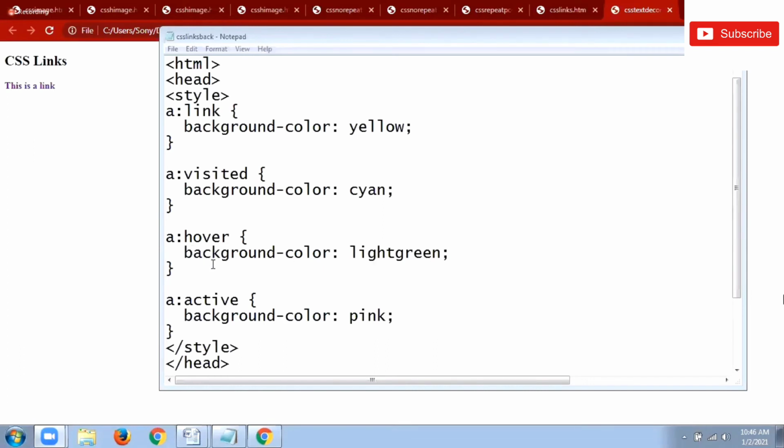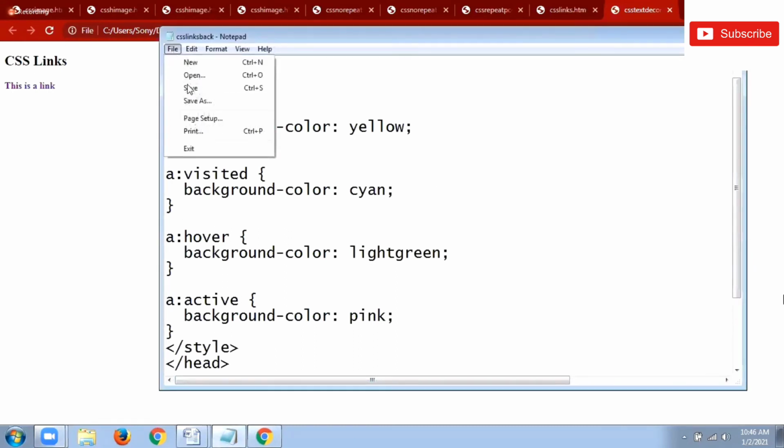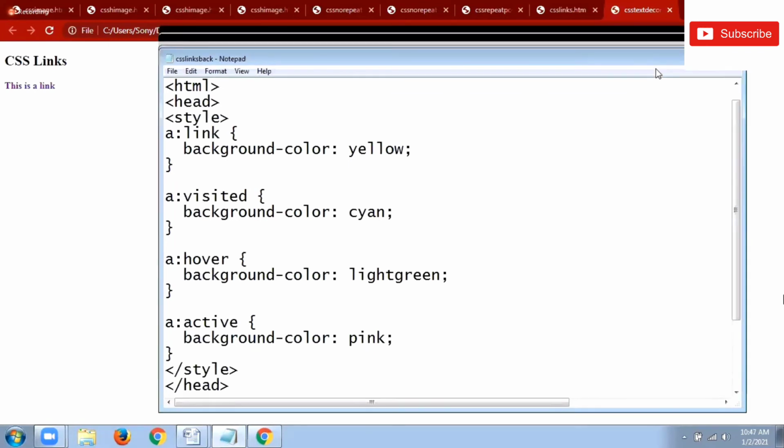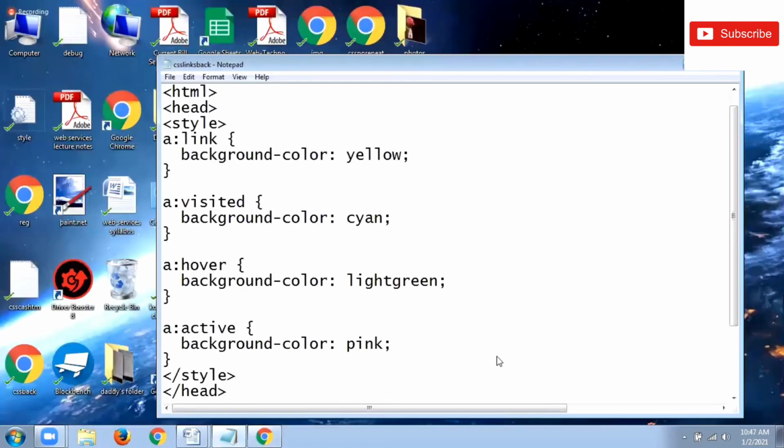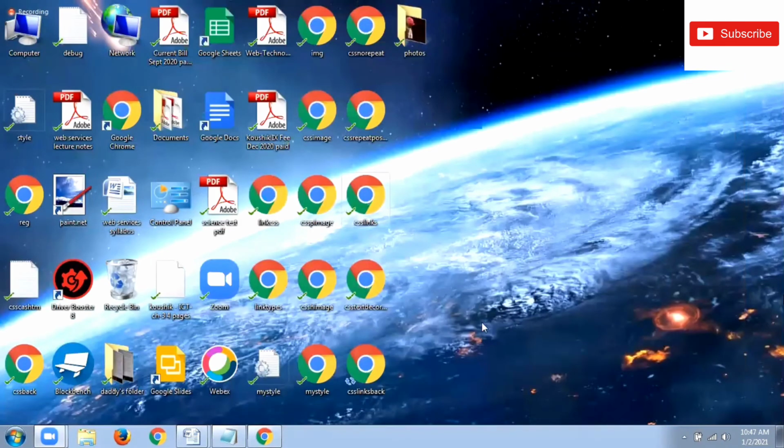Whenever the mouse is put over the link, the color is changed to light green. Then last one, if it is active, it is going to change the color of the link into pink. Okay. So just see this change of this particular CSS link color.